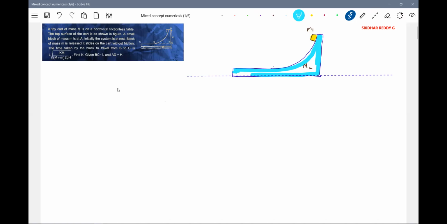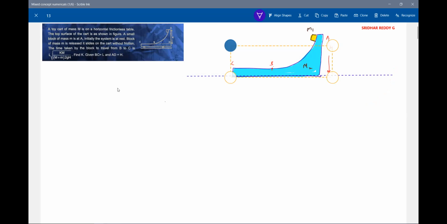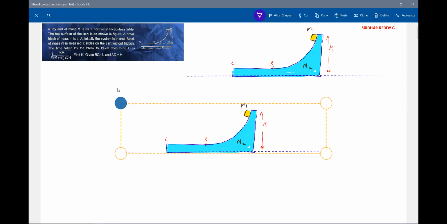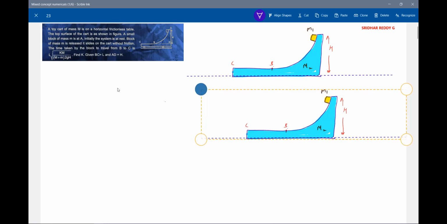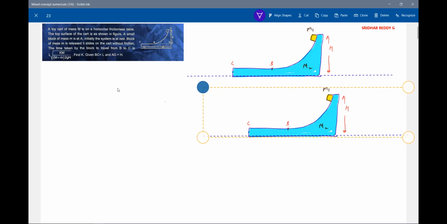Meanwhile, I'll set up things. Okay, now I shaded roughly. There's a wedge, till here it's a curved one. Afterwards, we'll get a straight path. So this is the H he has given. What will happen to this one? As it slides, the wedge will move towards right. The wedge position will be somewhere here. Slightly it has got displaced, no?